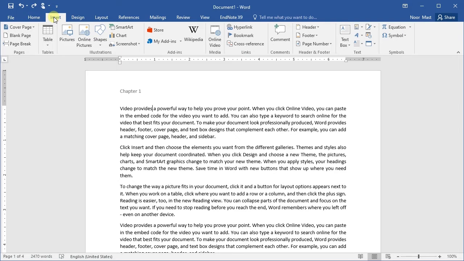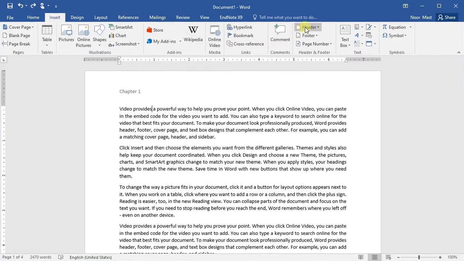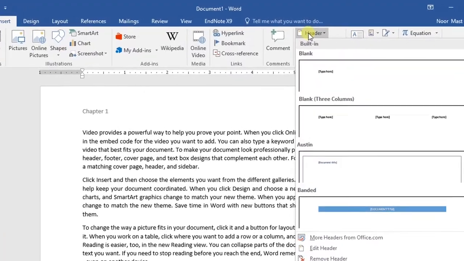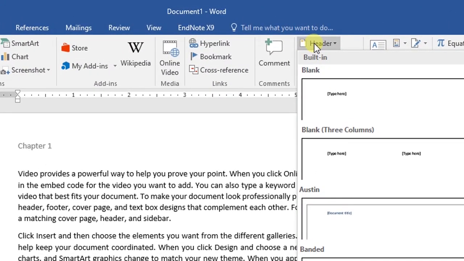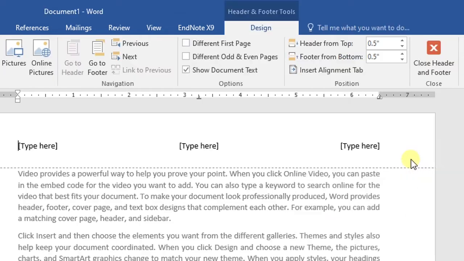So I want to insert the preset header. So click this one, a menu will appear. So select the desired preset header you want to use. So I want to use this one. So the predefined header will appear in your document.